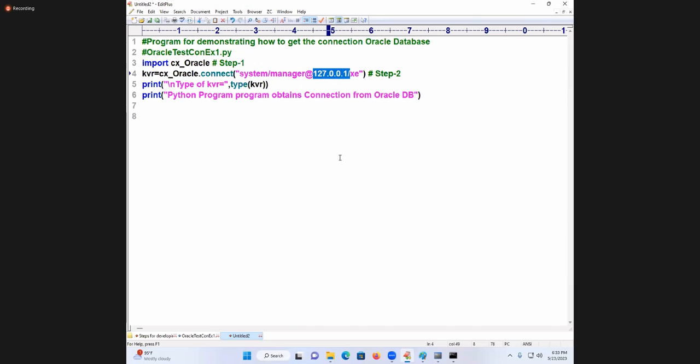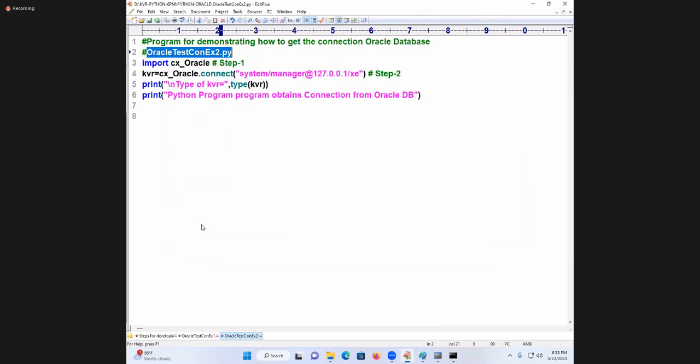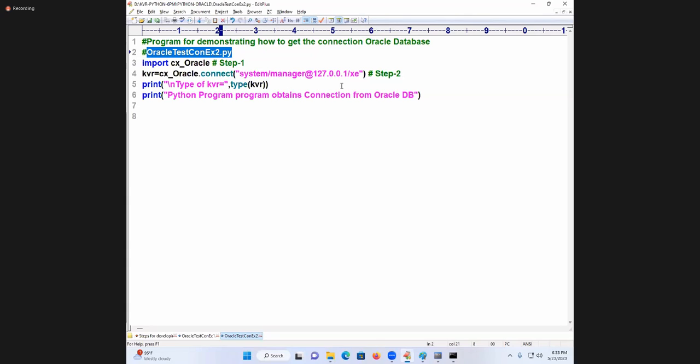Are you following? Now here, Oracle test connection example 2.py. Save this code. Go to this place and try to save it. There we are getting it. py. See this now. Got the connection once again. Suppose I am passing manager1. Manager1 is called what? A wrong password I entered. You cannot get the